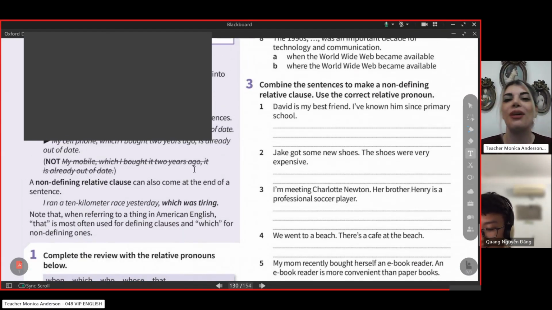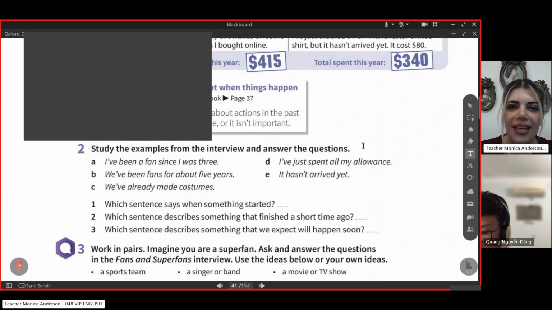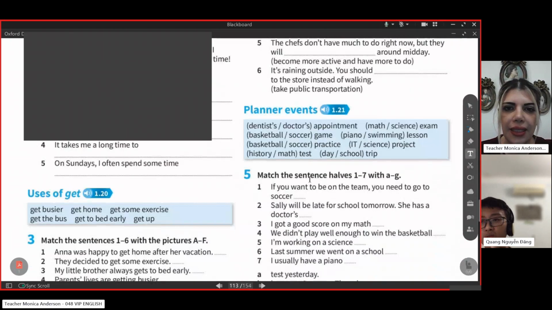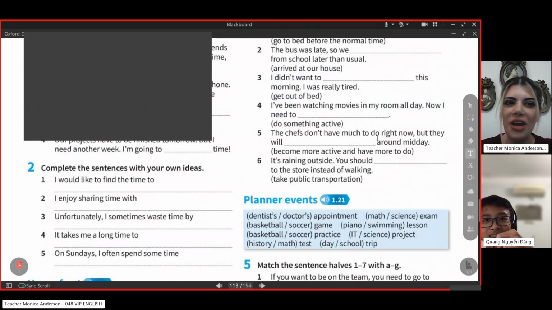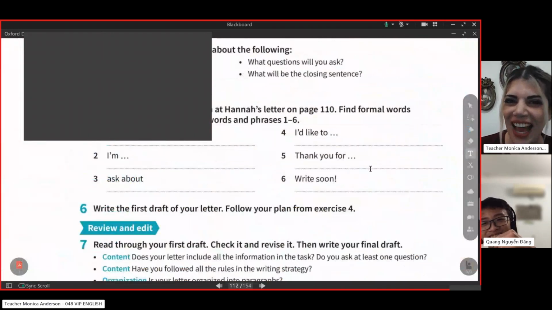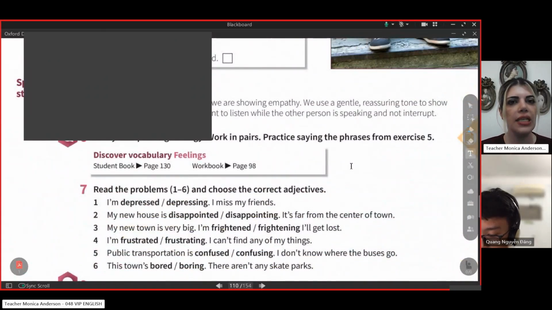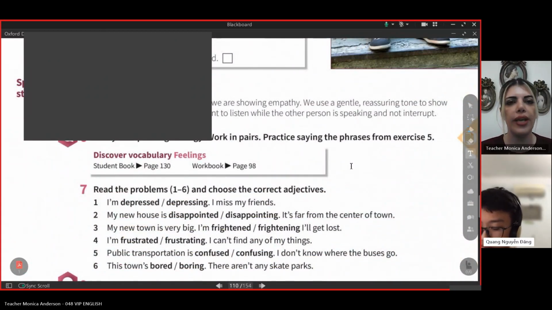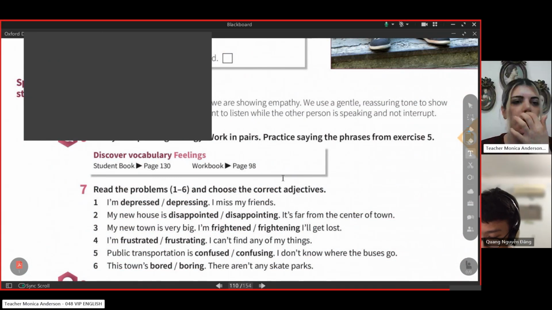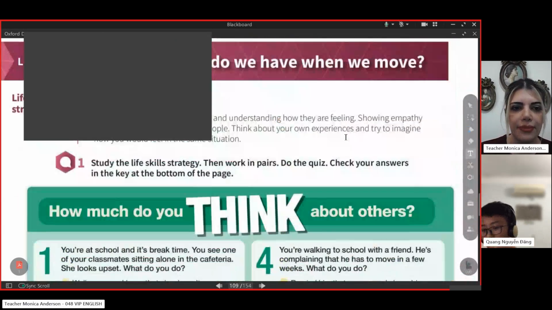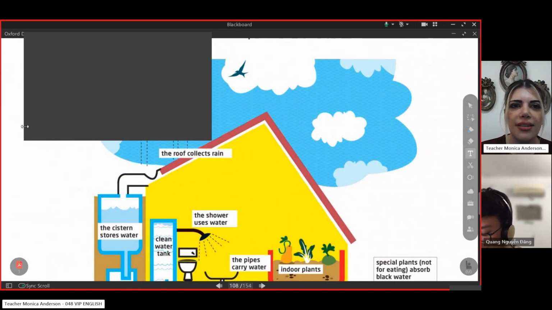Send me the answers. Let's go back to our unit because I think it's not bad to do it at home. Can I do it now? No, we have something else to do now. Of course, if you need to do it now, why not? But it can be a task for home. If you have any question about it, you can ask me.